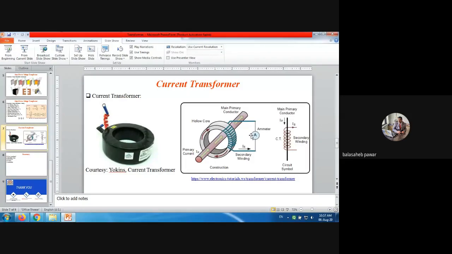Similarly, just connect one CT through the wire which is connected to the coil of your fan. Just pass that wire through the CT. One resistor is connected, as I already told, across the secondary of the CT. Again, the same AC voltage you can convert into DC and apply it as a second input to your microcontroller. So pin number 1, suppose, will measure what? How much is the voltage applied to the load.